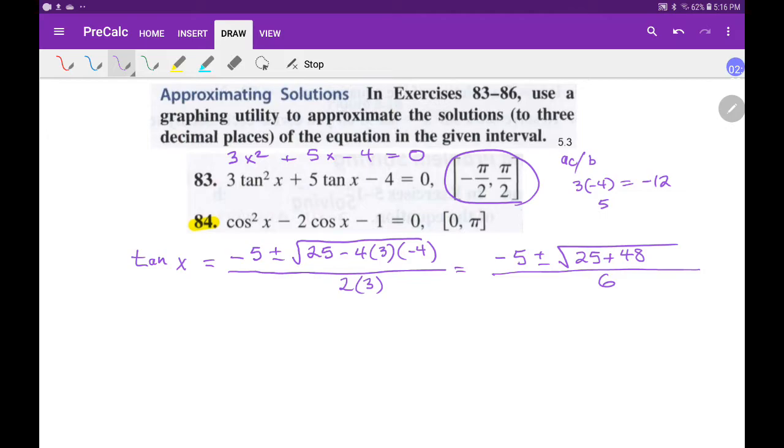And so let's see, what do we have there? We have 73. Negative 5 plus or minus the square root of 73 over 6. Alright, so it's calculator time. I reach for my calculator and I say negative 5, oops, helps to know how to use a calculator, negative 5 plus the square root of 73, and we'll divide that by 6, and I get